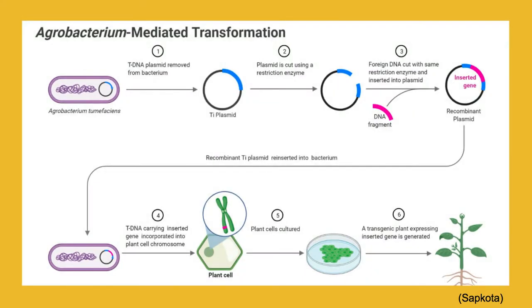In this slide, we see an image of Agrobacterium-mediated transformation, and these are the steps that geneticists would go through in order to introduce new DNA into the plant genome. Obviously here the plasmid is removed from the bacterium. It's named the Ti plasmid, and that just designates that it's specific to the Agrobacterium. They would cut it with a restriction enzyme, then derive a DNA fragment from a